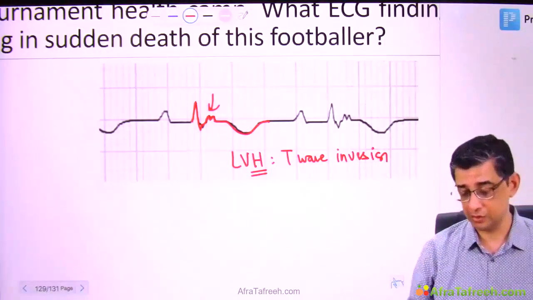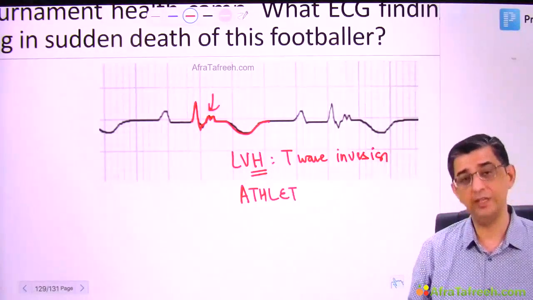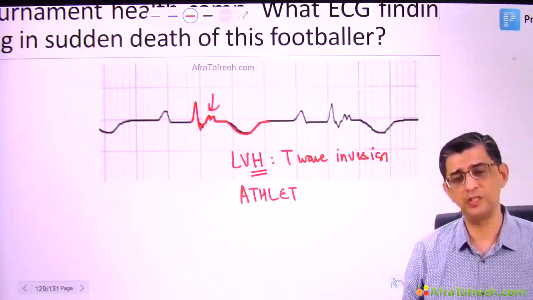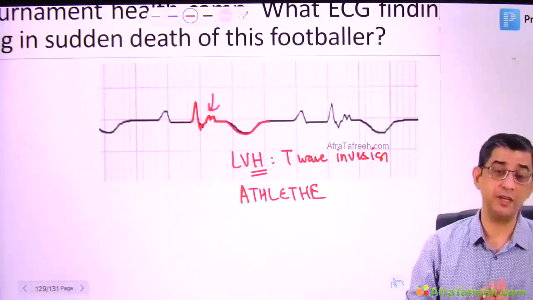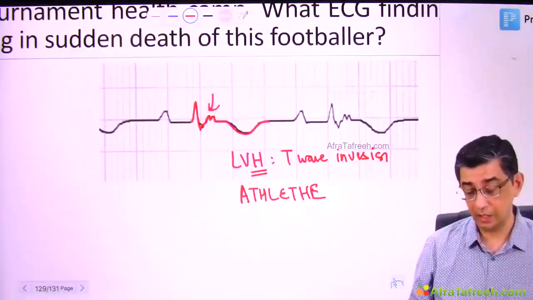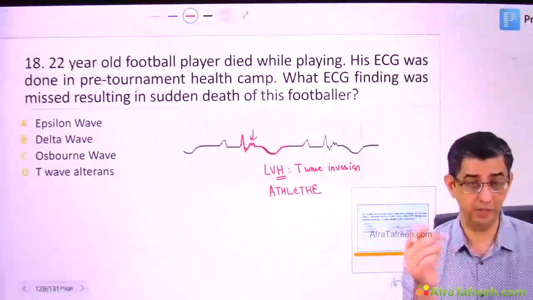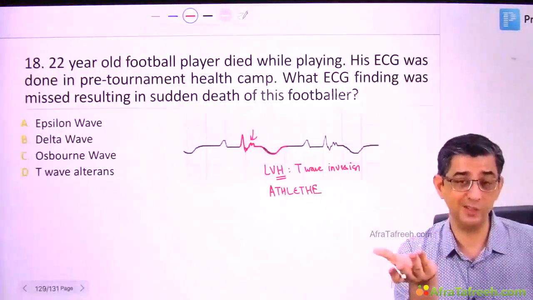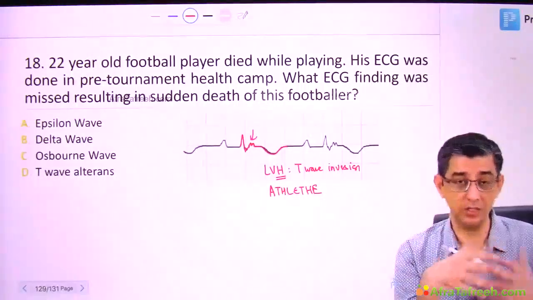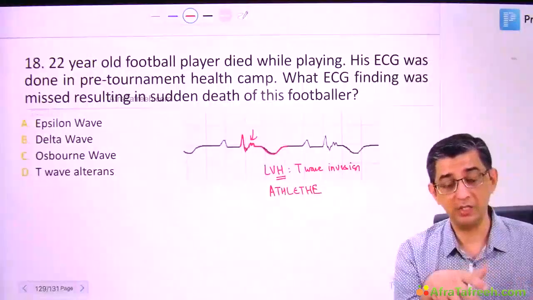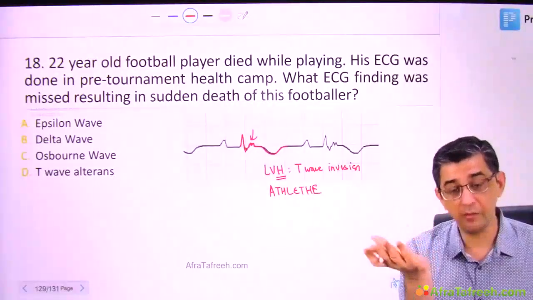So one thought process of mine is he could have died because he was having an athlete's heart. You see, when athletes, like we take the case of Ronaldo, Messi, or anybody else, these guys train very hard from a very young age, so they can definitely develop hypertrophy of the heart, and hypertrophy of the heart is good in a sense that they can definitely perform better. The type of hypertrophy that we usually see in athletes is eccentric hypertrophy of the heart. So that increases cardiac output, that causes them to generate more power. But at the same time, if a person is having T-wave inversion, he should have actually retired from professional football,